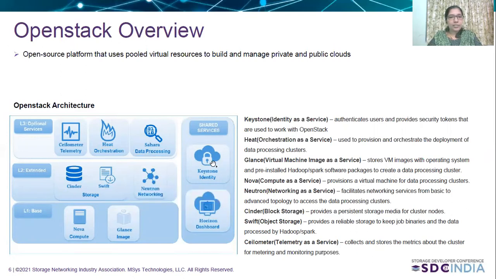Shared services include Keystone for authentication, Horizon for dashboard, and optional services include Ceilometer for monitoring, Heat for orchestration, Sahara for data processing.